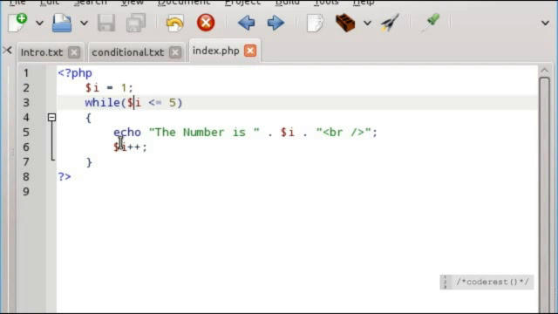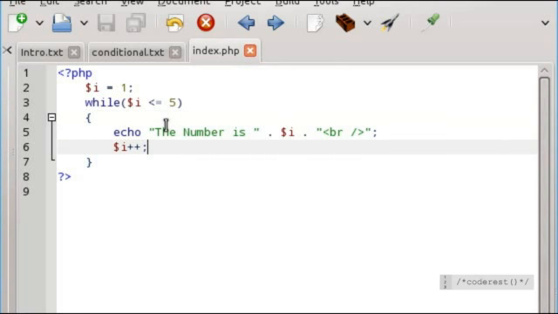Then we have passed this i variable as a condition to the while statement, and we have put the condition that i should be less than or equal to 5. First, when the compiler reaches here, it checks whether the value of i is less than or equal to 5 or not. Currently the value is 1, so it allows